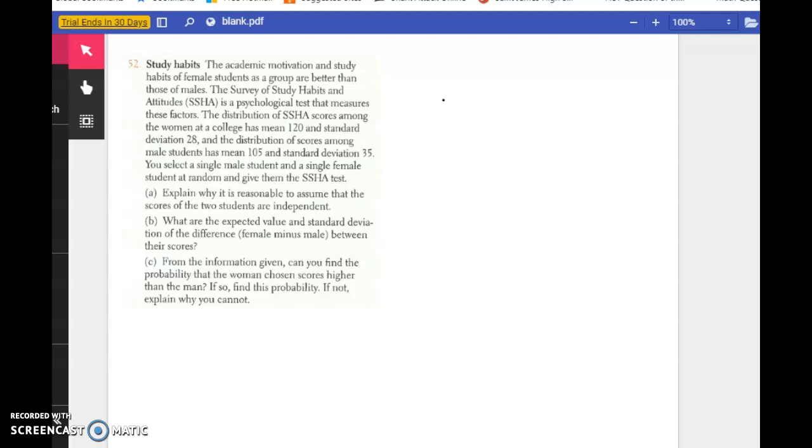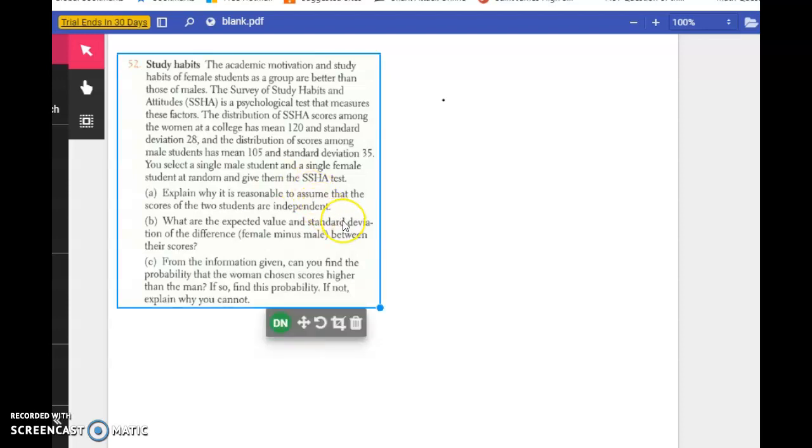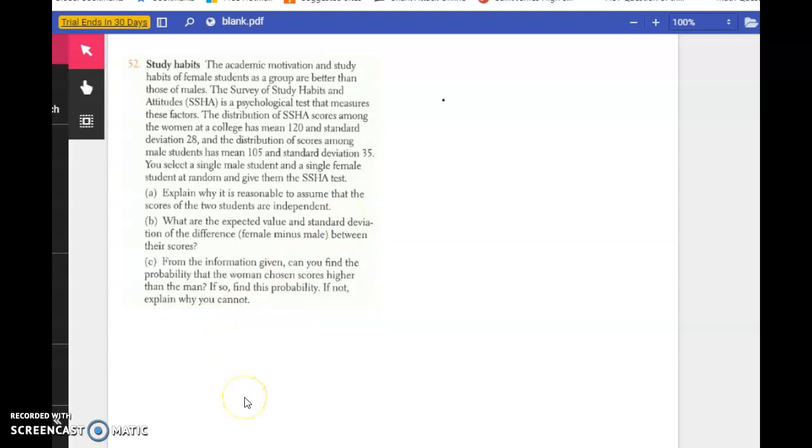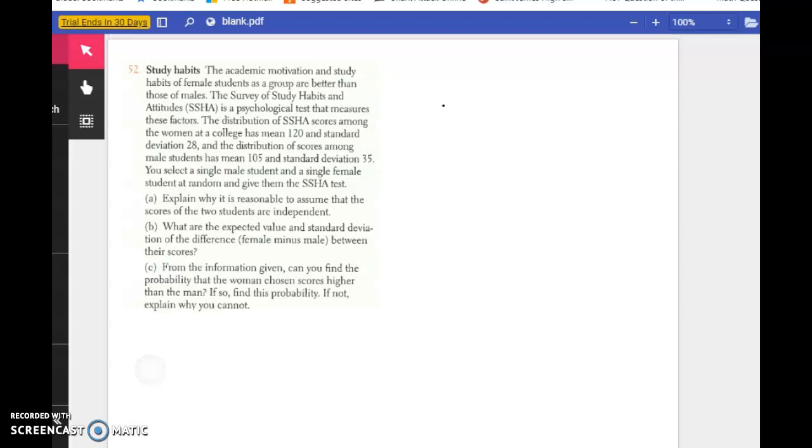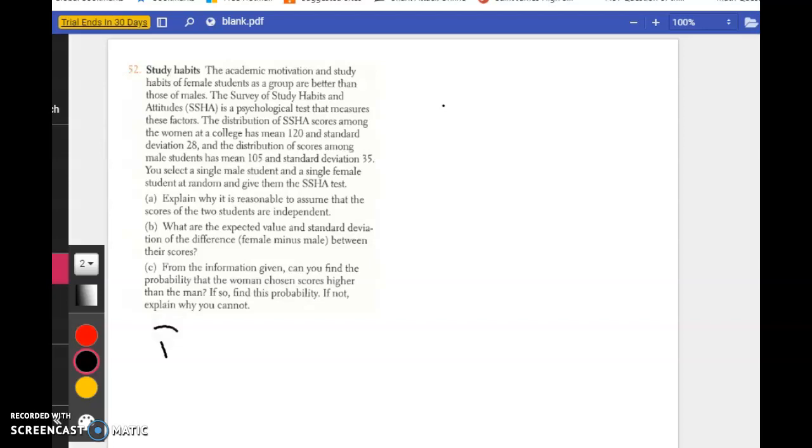I'm going to do it as a four-stepper. So let's say this was a four-step problem where the ultimate question is, what is the probability a woman scores higher than a male? So the probability a female has a score that's greater than the male. That's going to be our ultimate question here. So to start off,